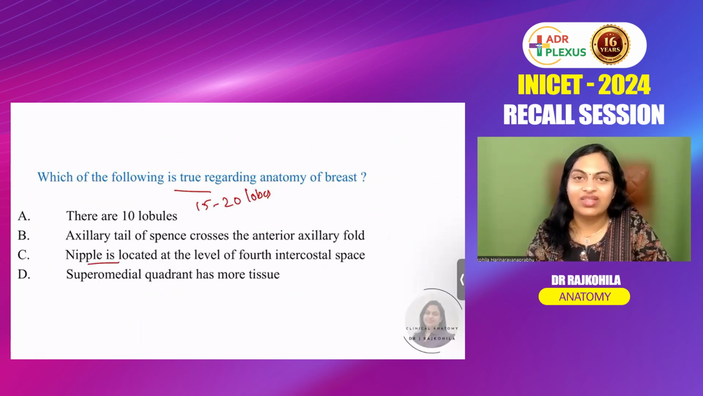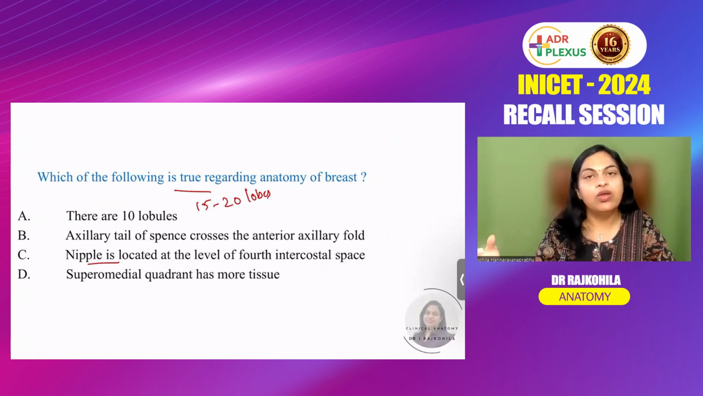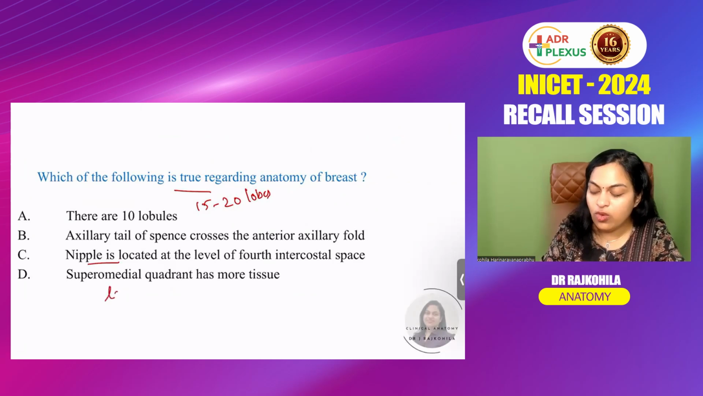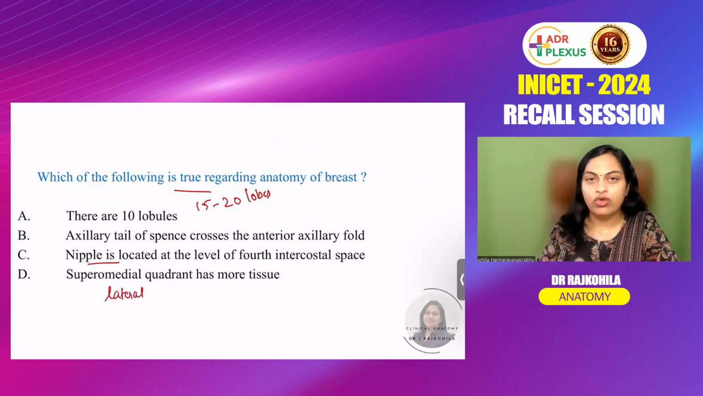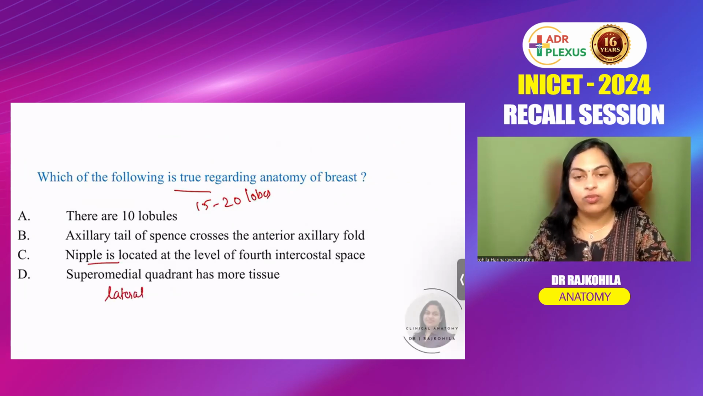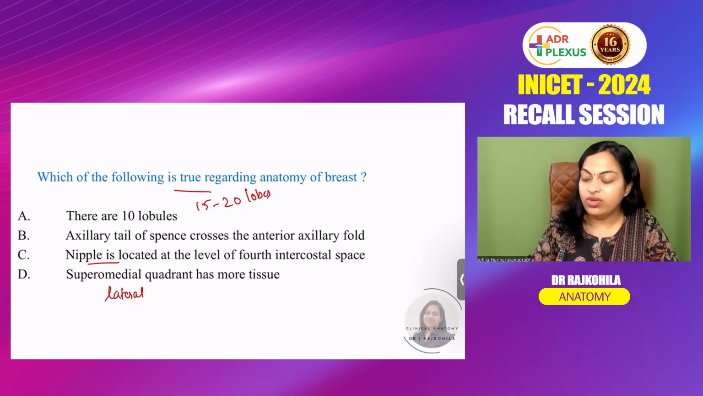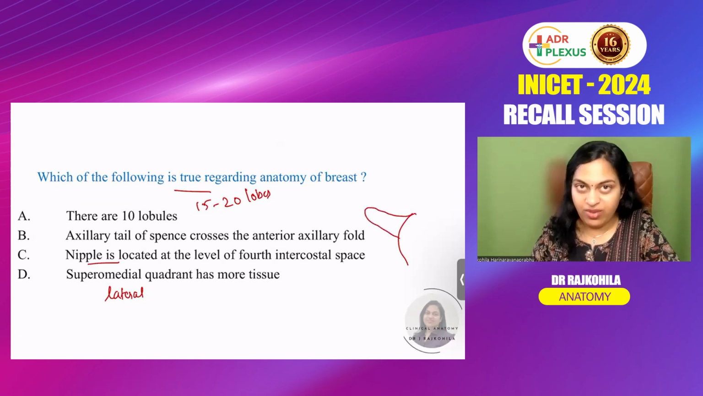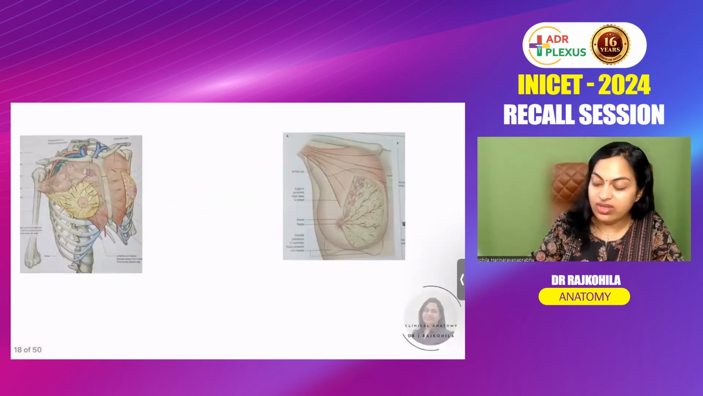It's variable with gender and age, but in most people it lies over the fourth intercostal space. The supero-lateral quadrant has more parenchymal tissue than the supero-medial quadrant. From the outer part of the breast quadrant, you can see the axillary tail of Spence. It goes along the inferior